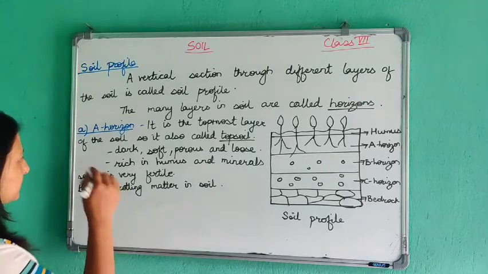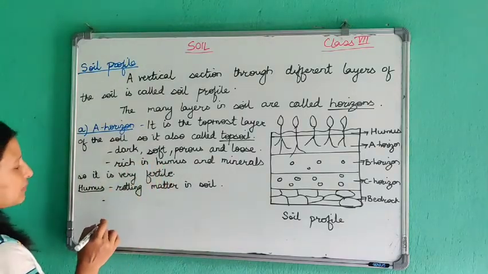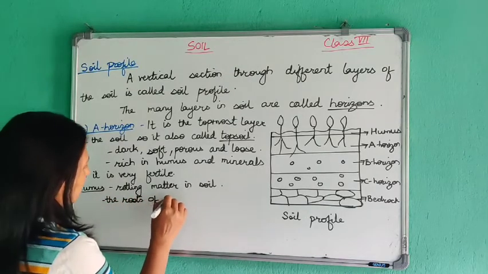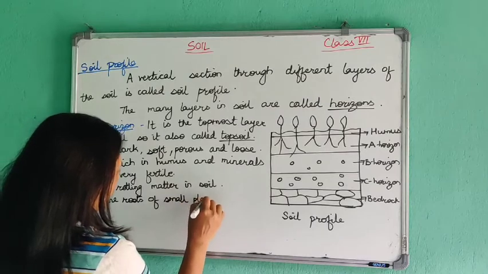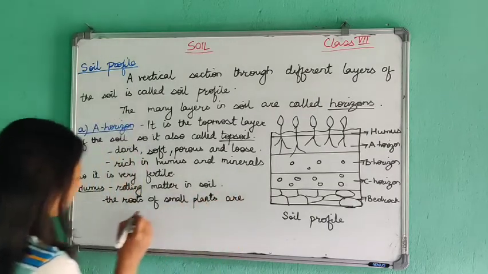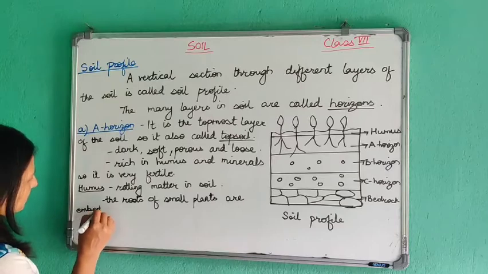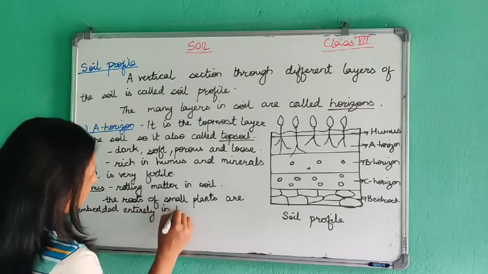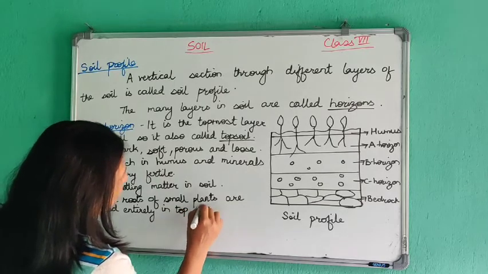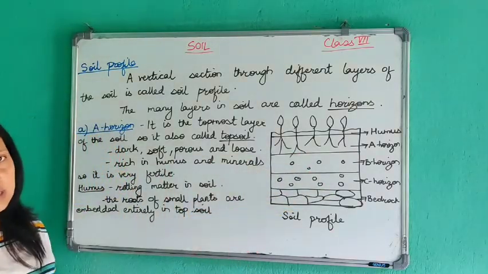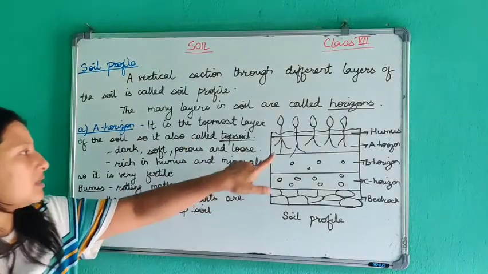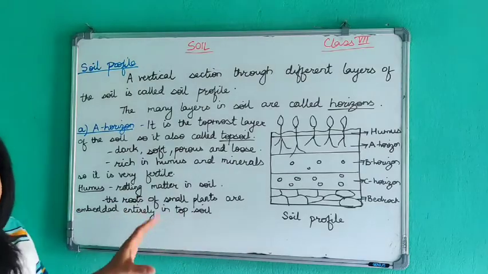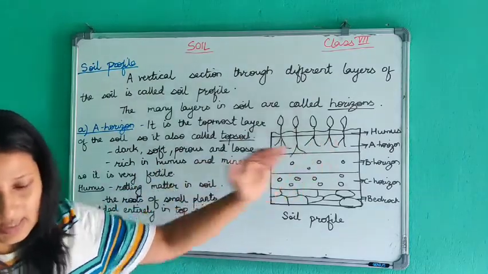Okay, now since this layer is very fertile, the roots of small plants are embedded entirely in the topsoil. So सानो सानो plants को root त A horizon देखि मुनि grow नै गर्दैन. Okay, त्यो चाहिँ A horizon सम्म नै बस्छ, किनभने already उले त्यहाँनिर पुरा बेसी मलहरु पाइराखेको हुन्छ नि त. Okay, so it does not grow beyond that A horizon.